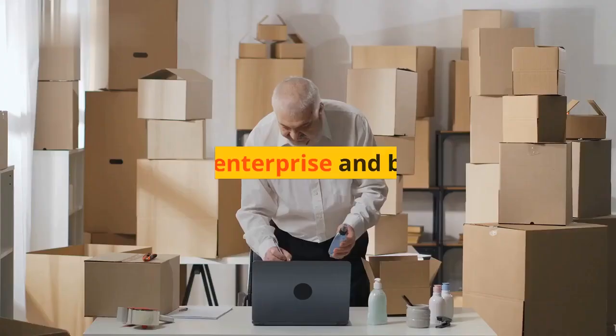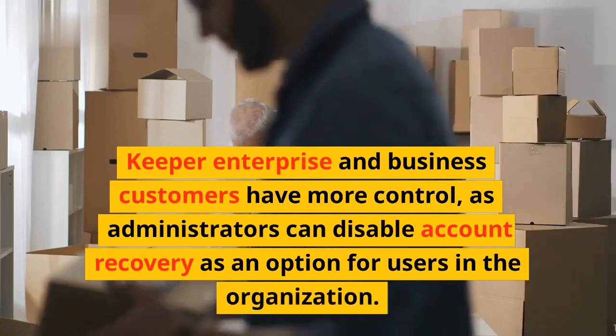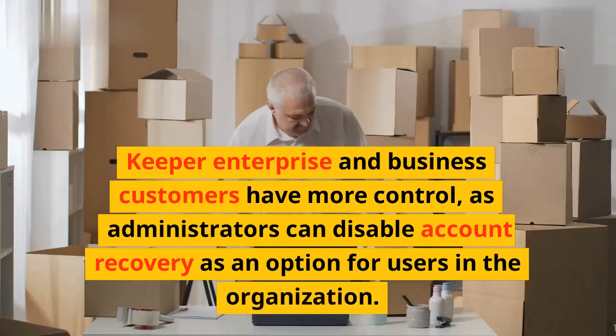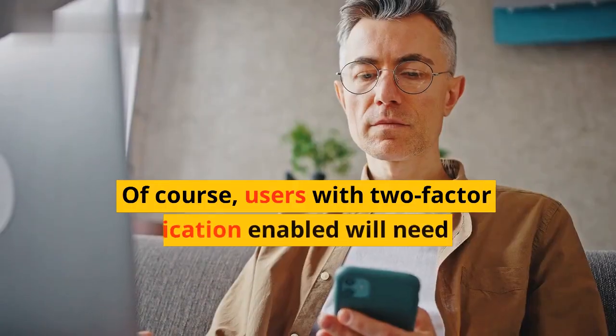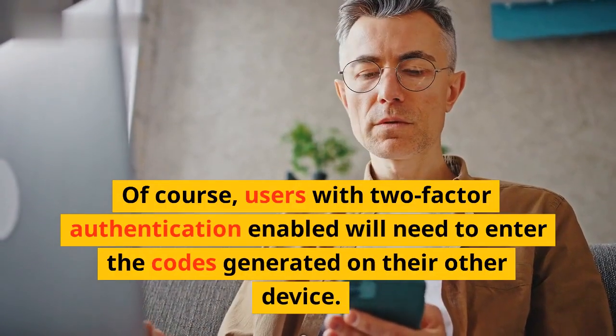device. Keeper Enterprise and business customers have more control, as administrators can disable account recovery as an option for users in the organization. Of course, users with two-factor authentication enabled will need to enter the codes generated on their other